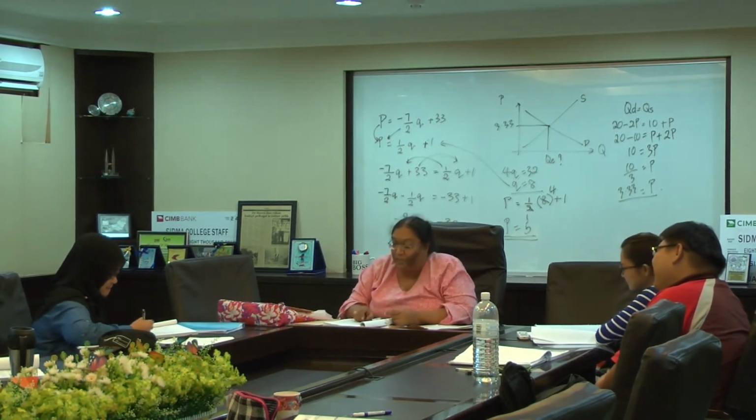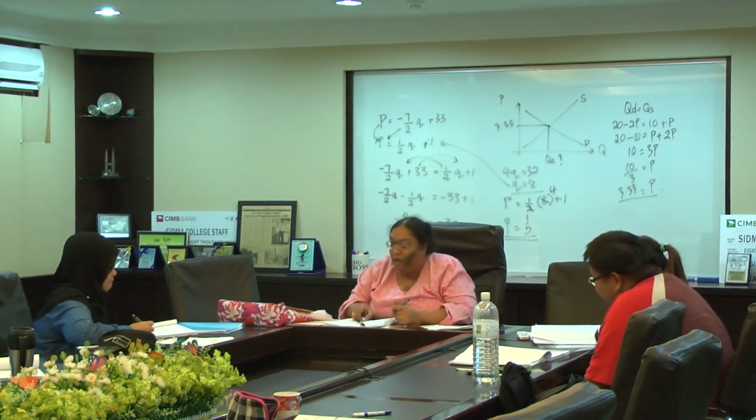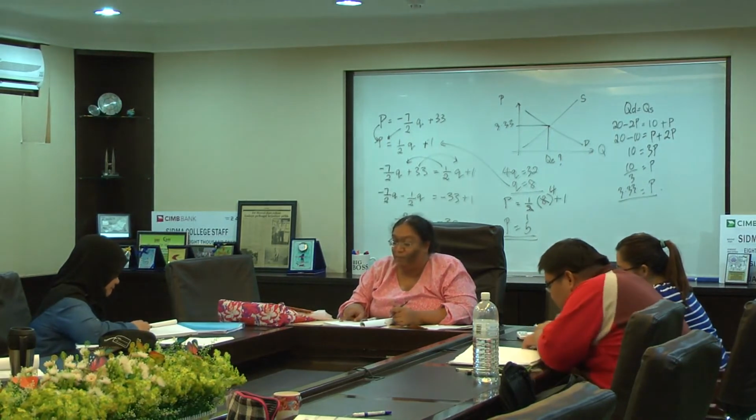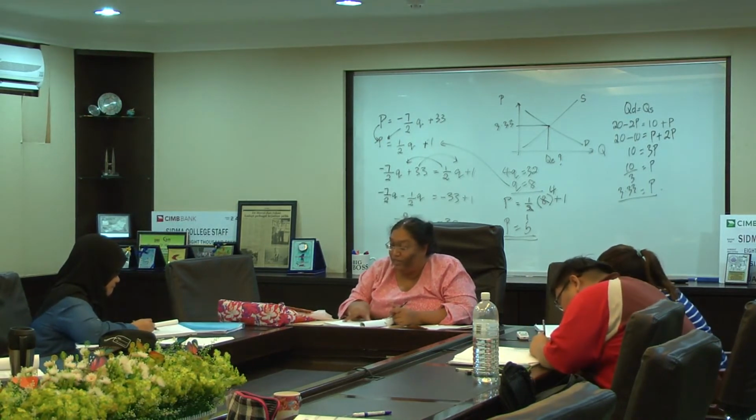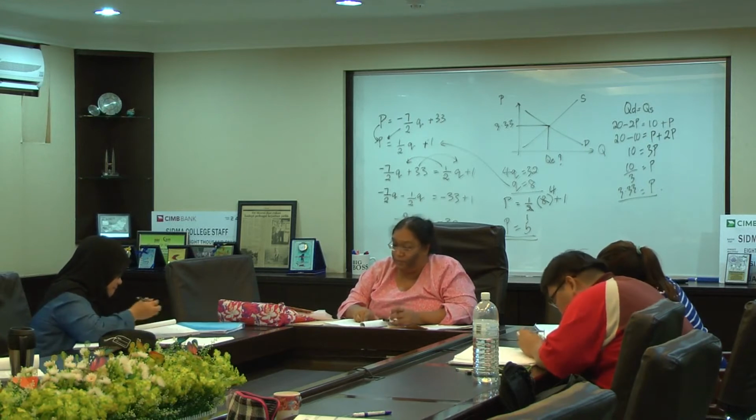So elastic is when you are sensitive. So they will ask you, as elastic, what do you do? Decrease the price of the good. Can you see the last sentence in number 4? Decrease the price to maximize revenue. Always sensitive, bring down the price.